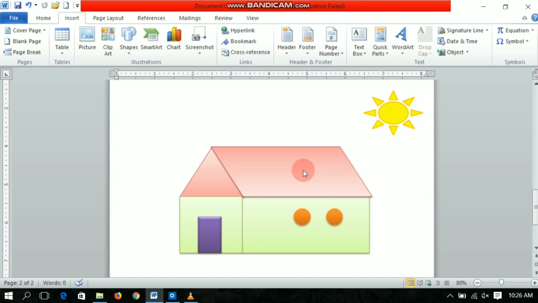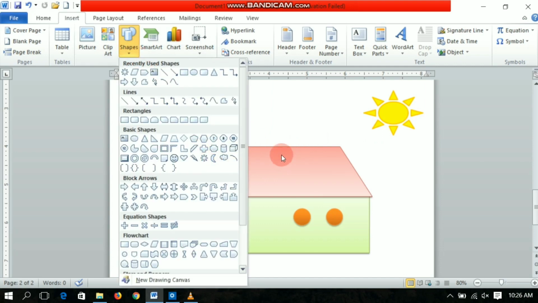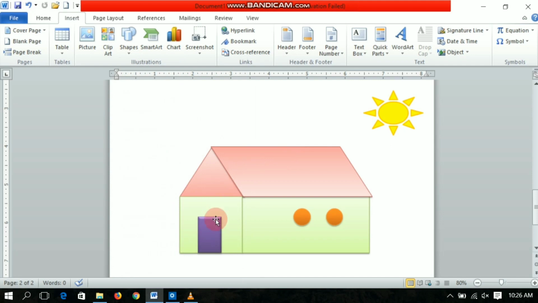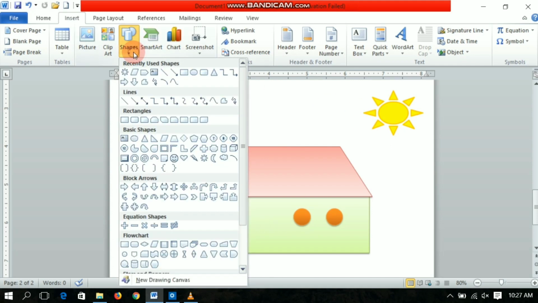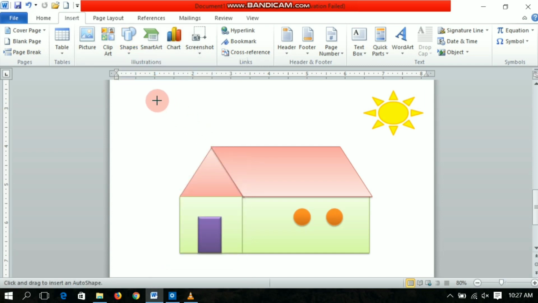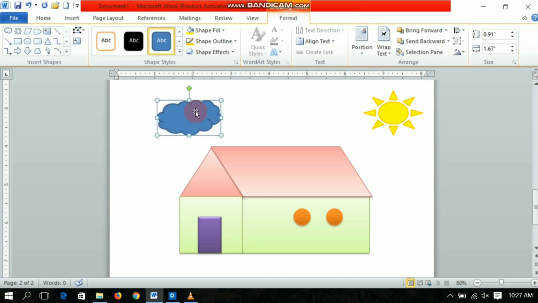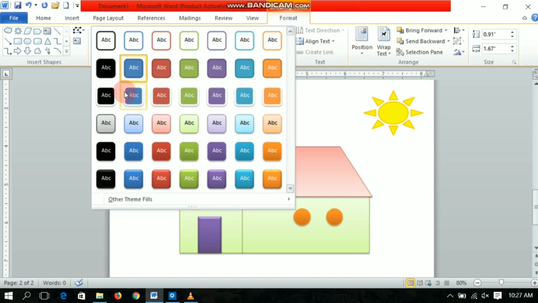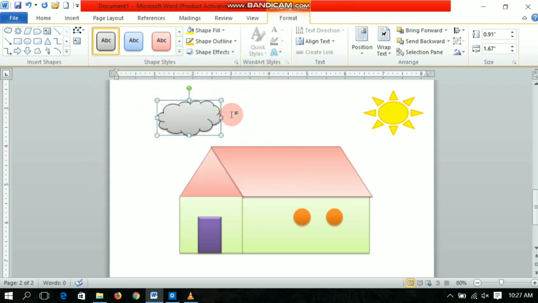As I have drawn one house and sun with the help of various shapes here, like triangle, rectangle, square, oval, and there are many more shapes like clouds also. If I want to make a cloud here, I can make it like this, and later on I can choose any color to color it.